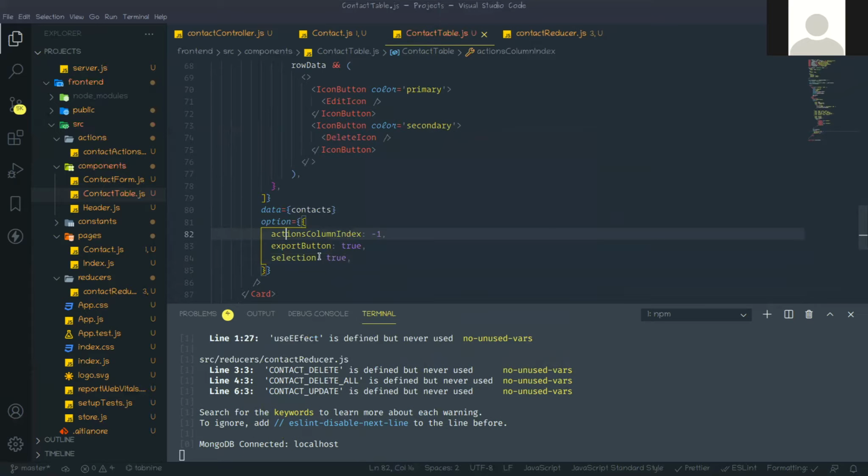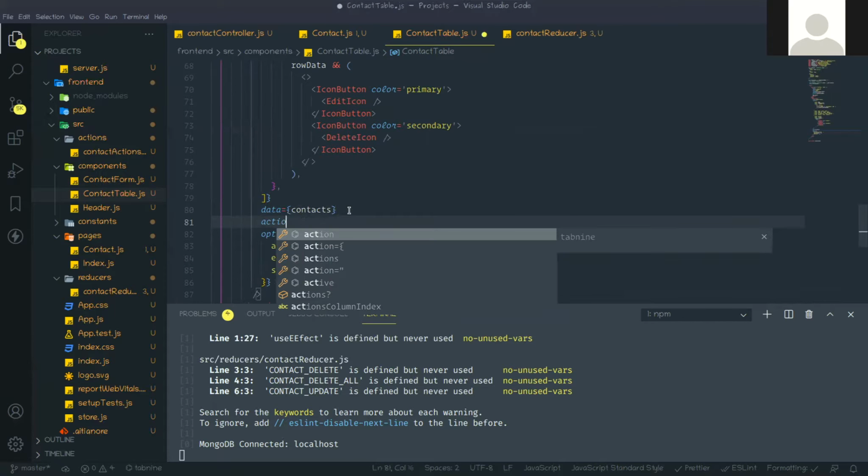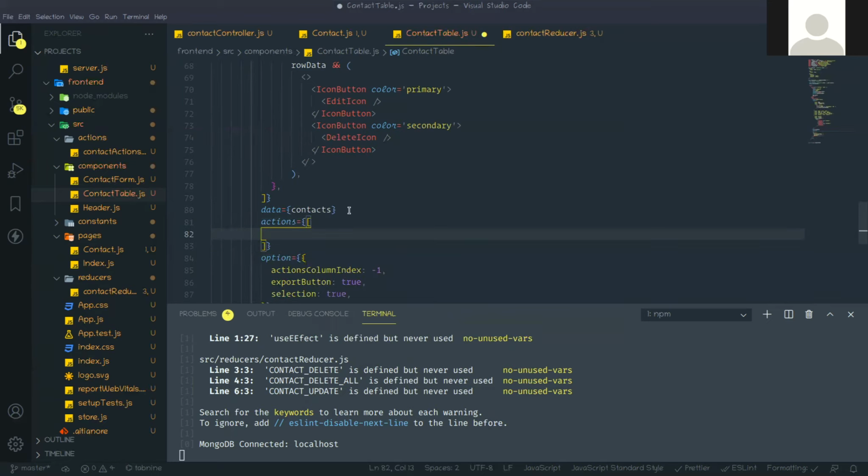So when you have selected rows, after that you will get one button for delete. For that we need to create one action. That's why I'm saying another prop is actions. Here you can create multiple buttons, but for now I am creating only one button.